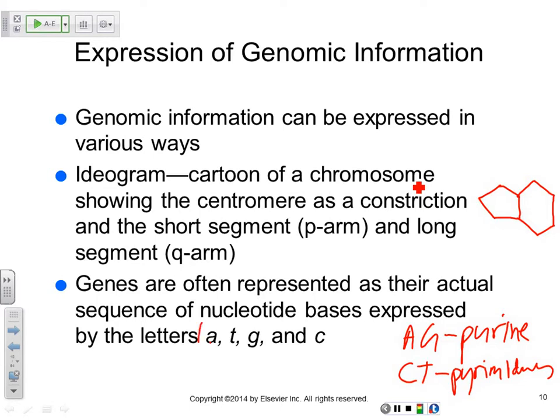So, given these bases, what nucleic acid is that? Yep, it's DNA. And why is that? Exactly. But the pyrimidine in RNA is uracil. So if you're seeing something that has a U on it, you know it's not going to be DNA. You know it's going to be RNA, right? If you see the T, like the AT and T I drew at the beginning, you know it's DNA. So that's how you can tell the two.